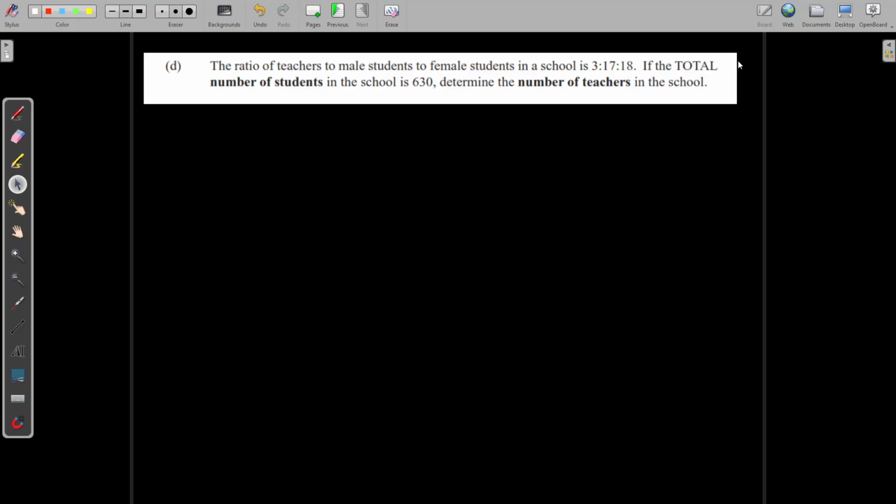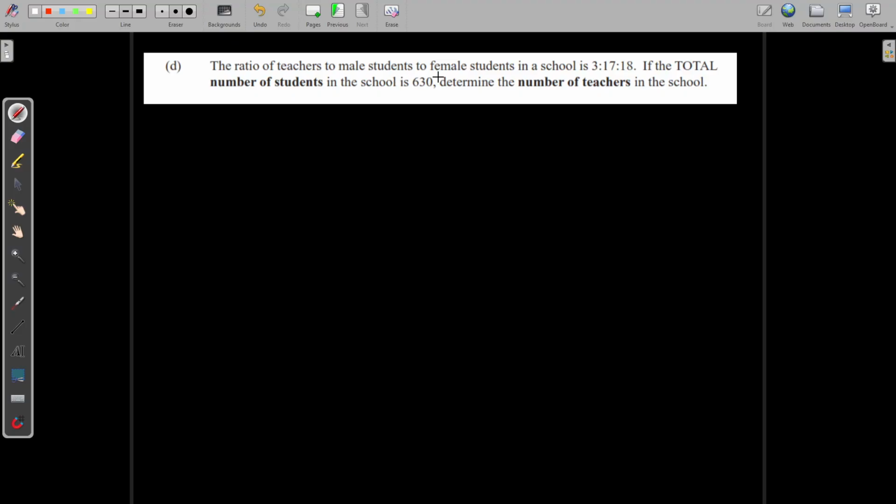If the total number of students in the school is 630, determine the number of teachers in the school. Alright, so firstly, this is a part to part to part ratio. So these parts could be added up to represent the entire population of students and teachers